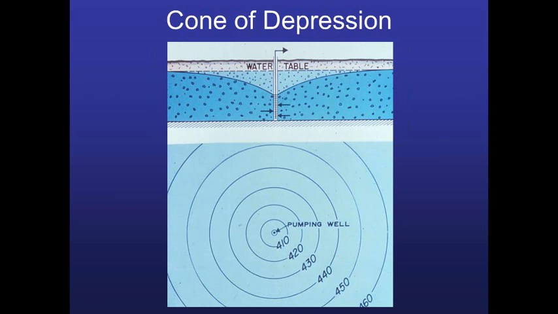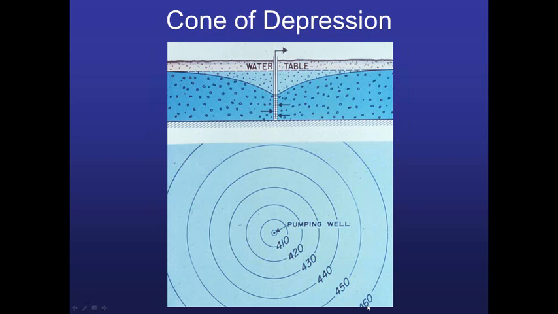Okay, so when you pump a well, there's two pictures here. As far as if you're looking in cross-section, here's your well, and you're pumping water out of it. This is a sand and gravel aquifer with a screen, and here's the water table. So when you start pumping your well, you draw down the water level in the well, and water in the surrounding aquifer, because it is trying to flow downhill and the water pressure is higher further away, starts flowing into your well. And your porosity and permeability dictate how fast that happens, so how much drawdown you might have in your well. In this example, it's kind of an ideal system, but